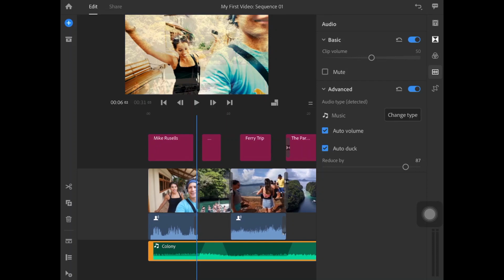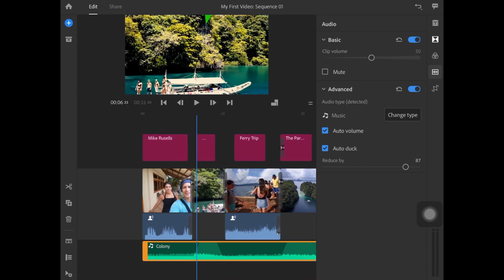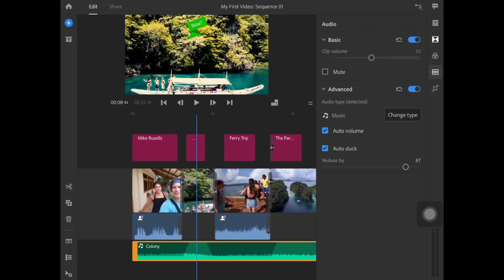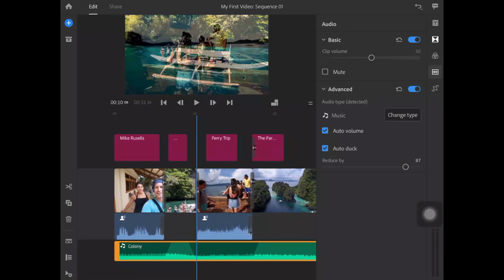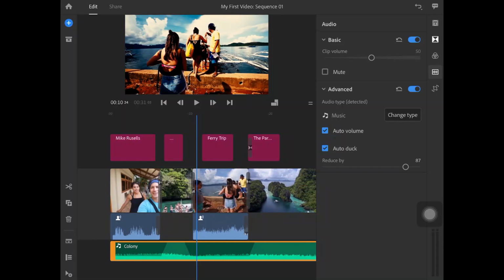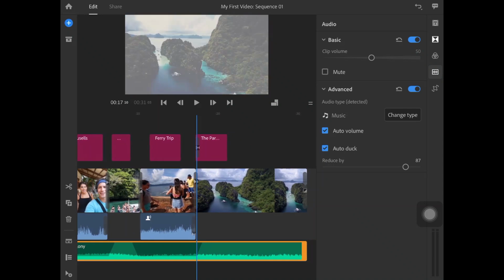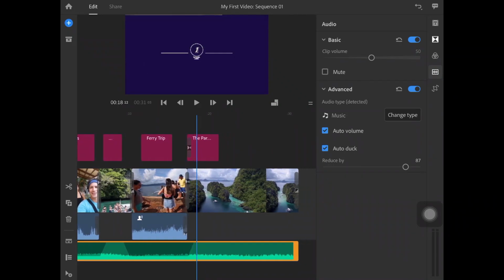The background music is low, but since there is no voice for the second clip, suddenly you can see that it is rising. It is indicated visually also, as the graph rises, which means the music is loud there. But again the music drops as we enter the third clip because there is voice there and there is ducking happening here, and then there is no voice for the fourth clip, and again the music rises.